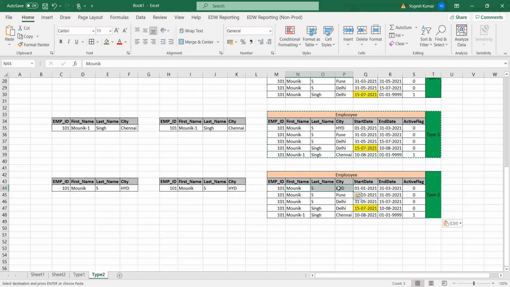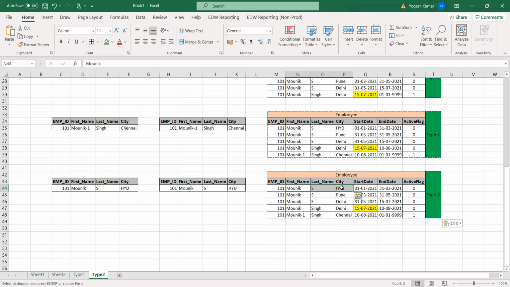In SCD type 2, we should maintain historical data. For that purpose, we are maintaining the history. This record already exists, so if there is no change, then we don't update the record, right?